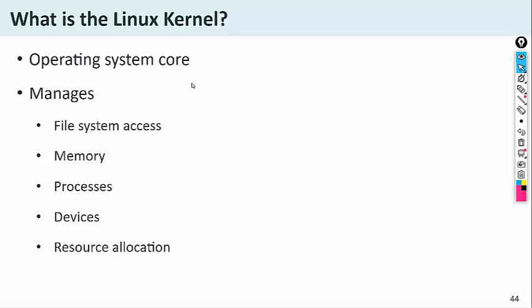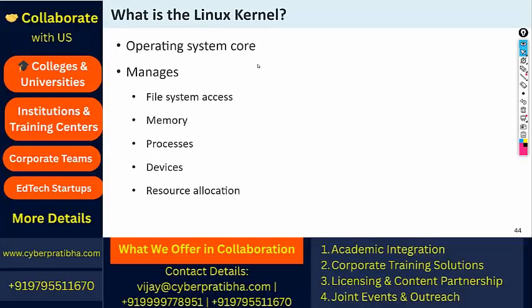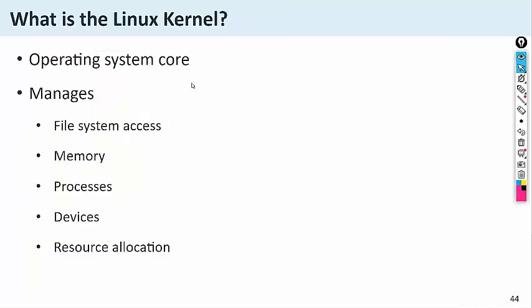First, let's start with the kernel. You should know about the Linux kernel. What is the Linux kernel? The Linux kernel is the core system of the Linux operating system. Core system means it is responsible for executing the processes and services and managing the system, the files, everything. It can manage the file system and its access, responsibility, and different types of